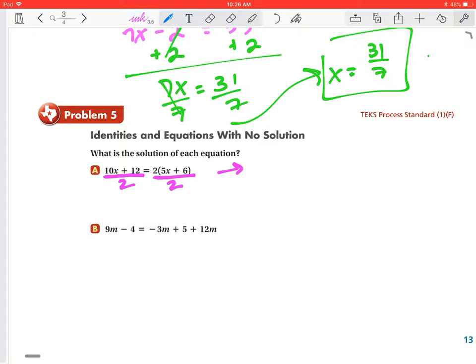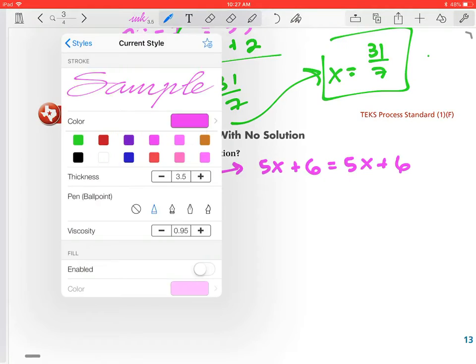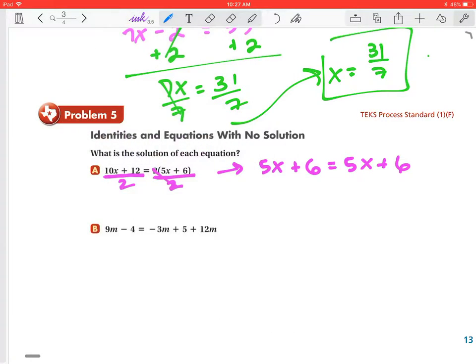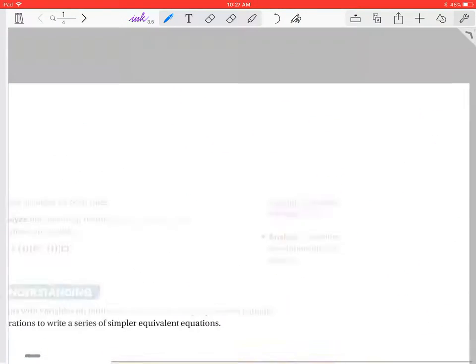Now, I'm going to be able to rewrite this. 5 divided by 2 will give me 5x. 12 divided by 2 will give me positive 6. Okay, the 2's cancel out, so then on the right side, I'm just left with 5x plus 6. Now look, this is the same equation. They're equivalent. If we go back and look all the way back at the beginning,